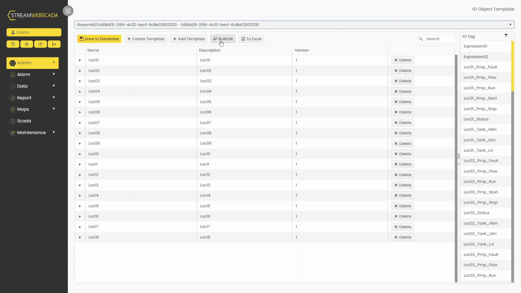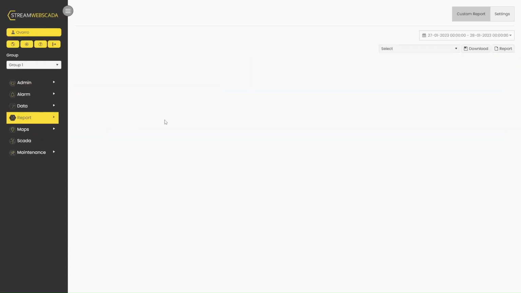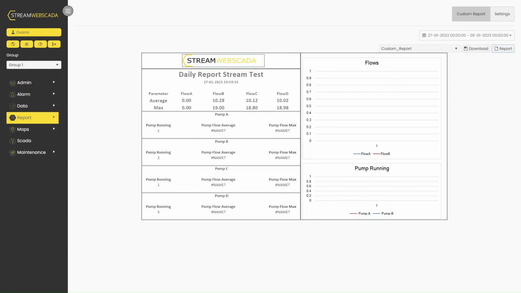Now, with all this data, obviously it's very important that you can report on this data. We have a number of types of reports. I'm going to look at the custom report, because the custom report is really there for getting the best out of Stream and all the data that you've got. So in here, I can come in and I can select from one of my custom reports. Obviously, we have a specific one. And if I click the report button, it just gives me a quick view of what that report might look like. Yes, this is the right report. That's what I want to see. I can click download, and it's immediately going to give me a copy of that report in Excel, and I can open that up,